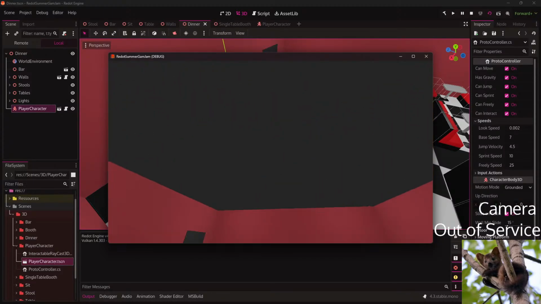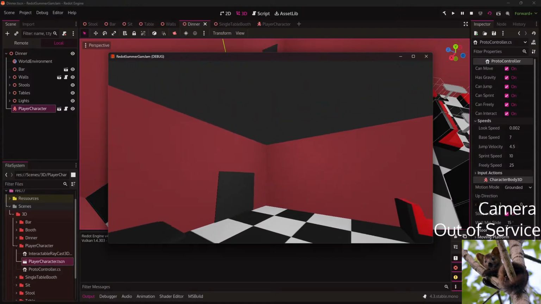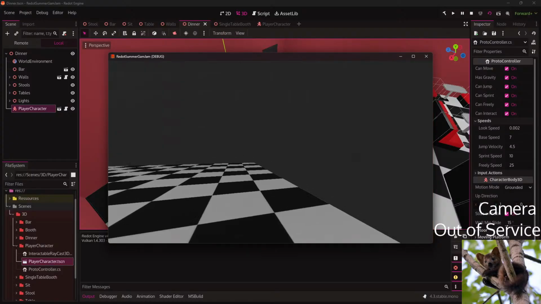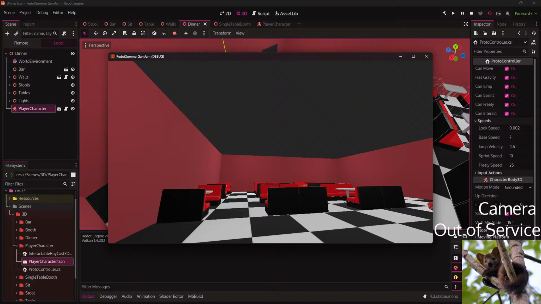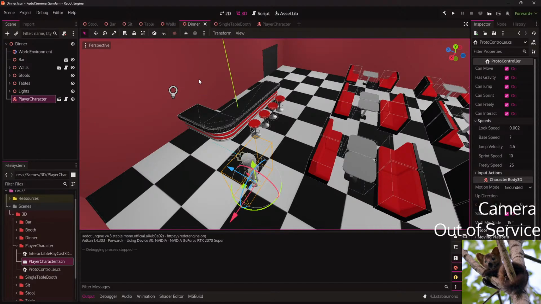Okay, so the ceiling's here, I think. Maybe it's not. Oh no, it's not because I removed the line. That's pretty bad.